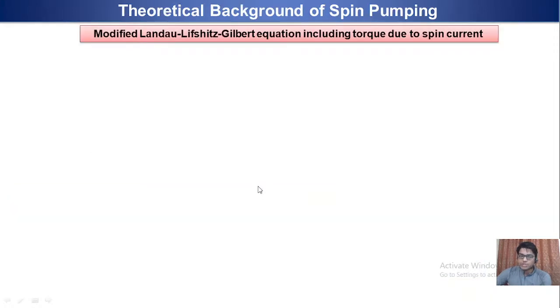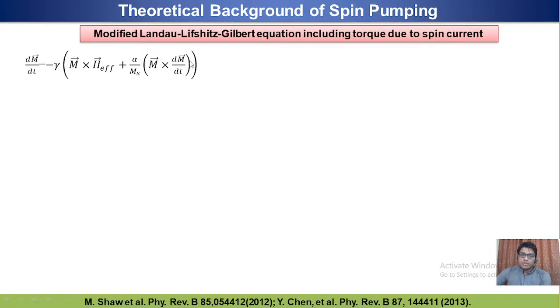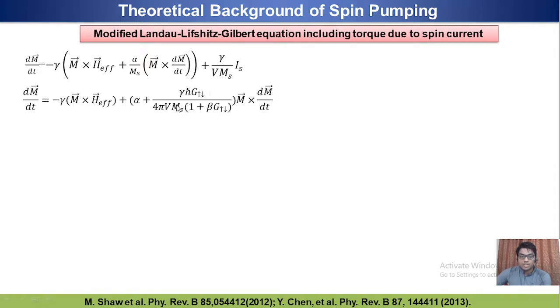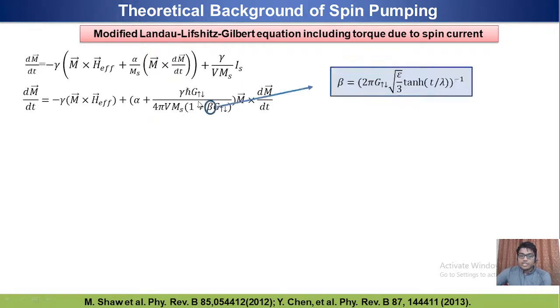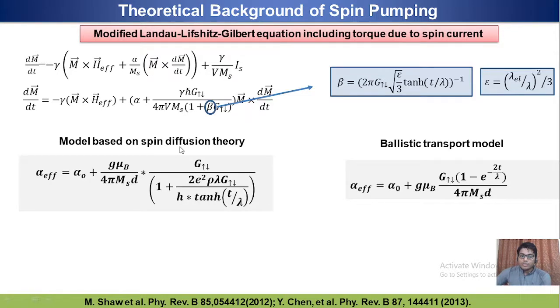In the presence of spin pumping, the Landau-Lifshitz-Gilbert equation gets modified by the addition of this extra spin current term, which also results in the modulation of the Gilbert damping. Here beta is the spin backflow factor and epsilon is the spin flip probability. This modulation of the Gilbert damping can be modeled using both diffusive and ballistic spin transport models